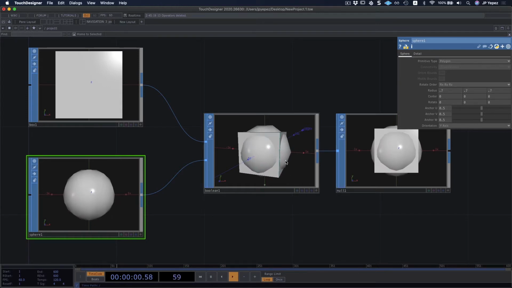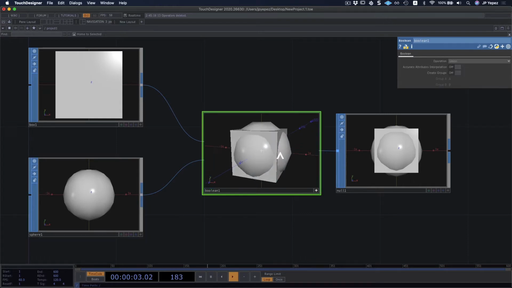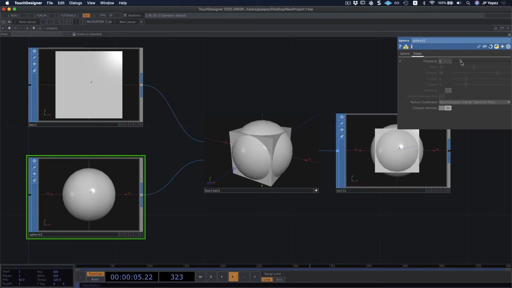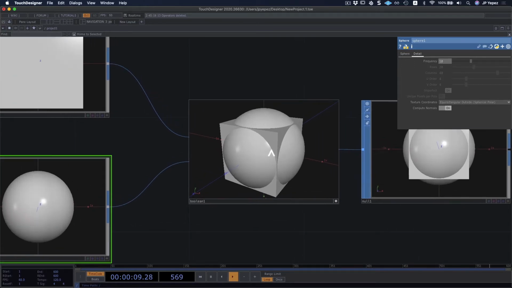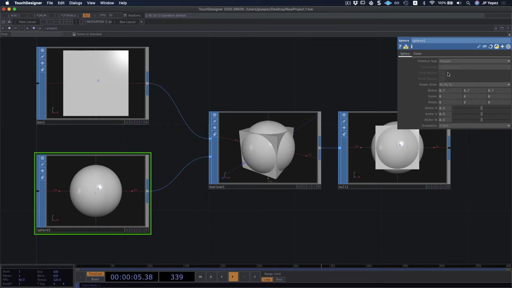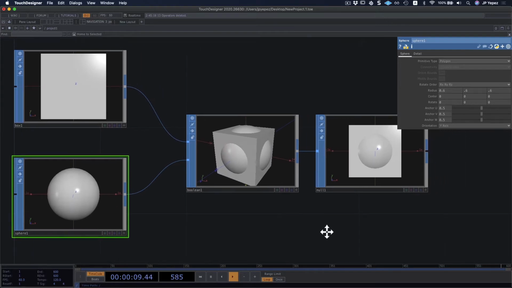And as you can see, I get a bit of a custom shape that combines both of the previous SOPs. My sphere looks a bit weird, so I'm gonna add some detail. I have a frequency of 2. If I keep adding frequency, I'm gonna get a better looking sphere. But now it's a bit too close to the edge, so maybe let's change the size of the sphere to be more like 0.6. And there you go.